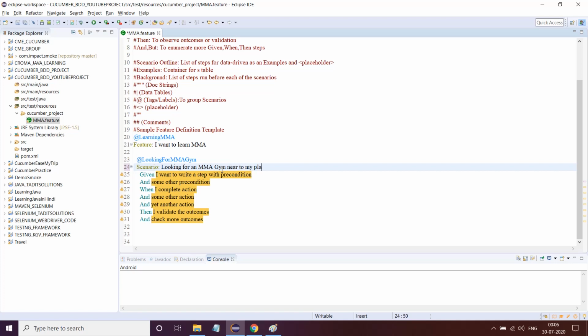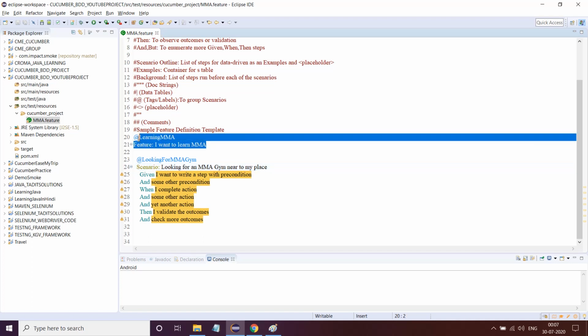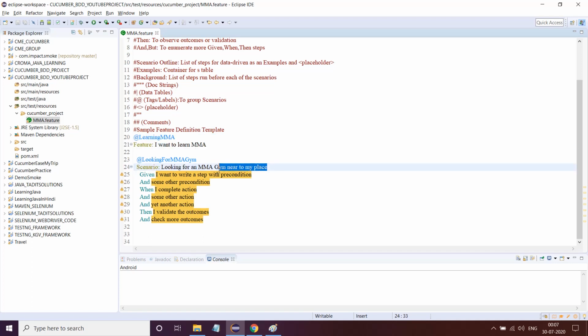Fine. So I've just created a scenario. This is the overall broad scenario, and I'm trying to make it even more to the point.